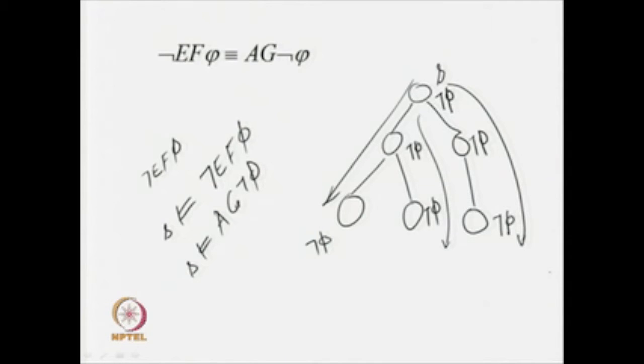So, if you consider these two formulas and you take any state of any model, you construct any model, you look for any state, if one is true in a particular state of that model, you will find that the other one is also true in that particular model. So, that is why you will say that these two are equivalent. Again, you will say that they have the relationship between the existential quantifier along paths and the universal quantifier across the paths, and the existential quantifier of states and universal quantifier of states along a path. So, they are having a relationship.